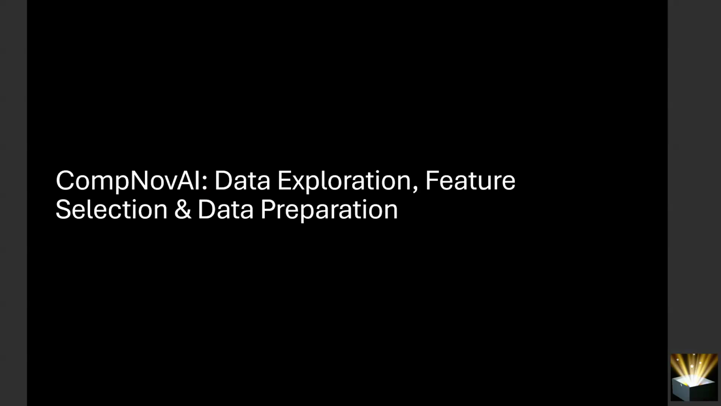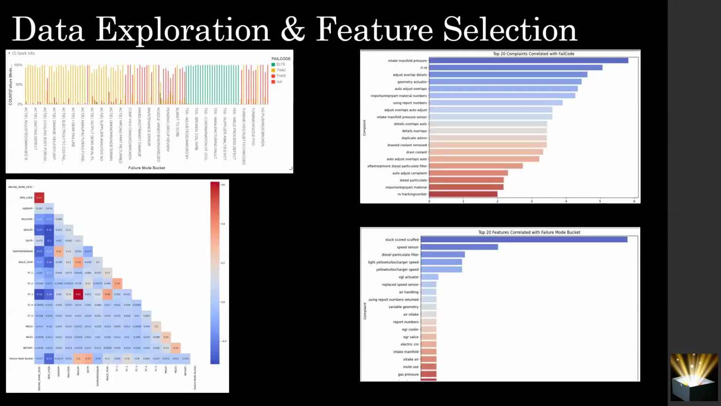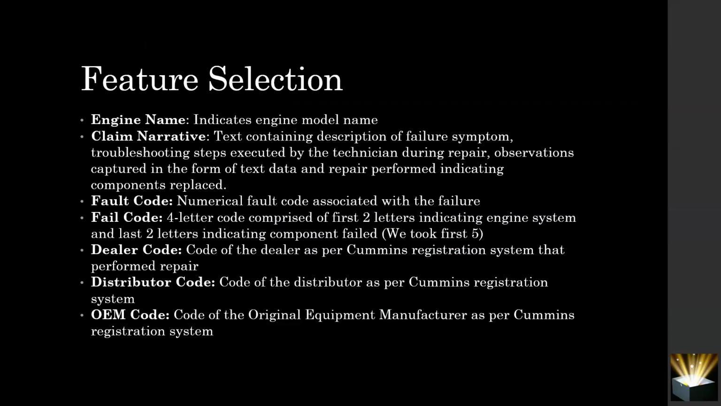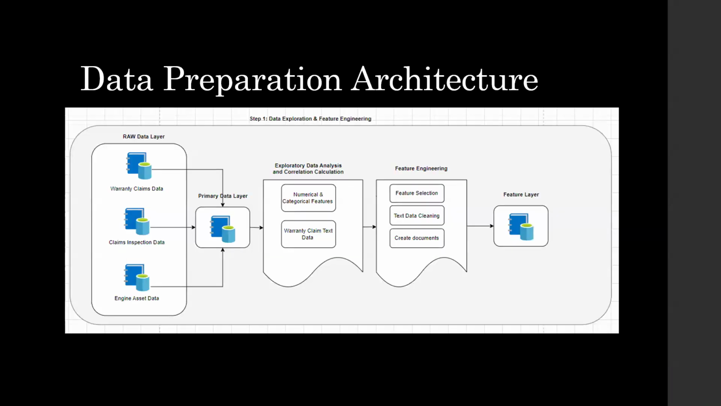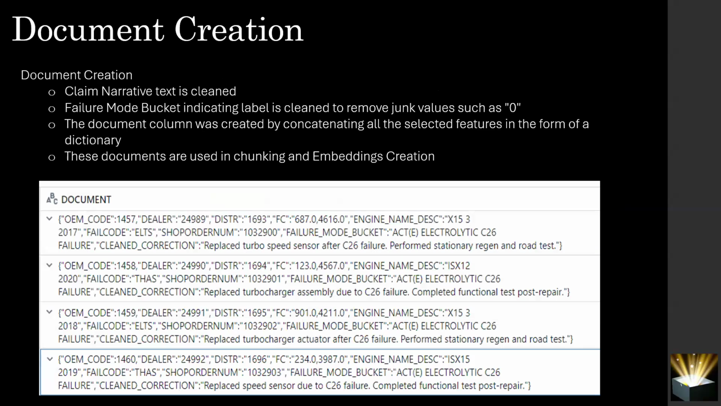We performed exploratory data analysis to select the most correlated features as input for our model training using feature encoding, correlation analysis, and NLP techniques. After the feature selection, we cleaned all the text formatted features to remove junk and duplicate values. This is our data preparation architecture. We created a new column, code document, by concatenating all the selected features as a dictionary, which was used in